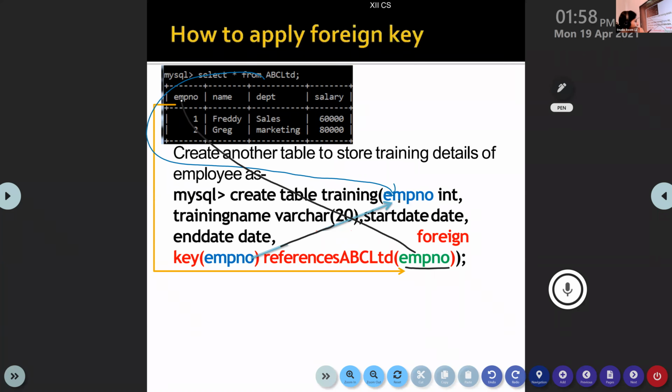Understood? And it is not compulsory that this EMPNO should be EMPNO itself. You can give any name to this particular column. So when you need to do the changes, if I'm changing it here as NO, which EMPNO should I change to NO?